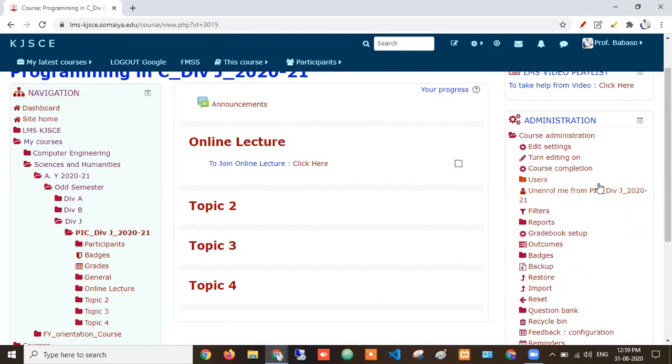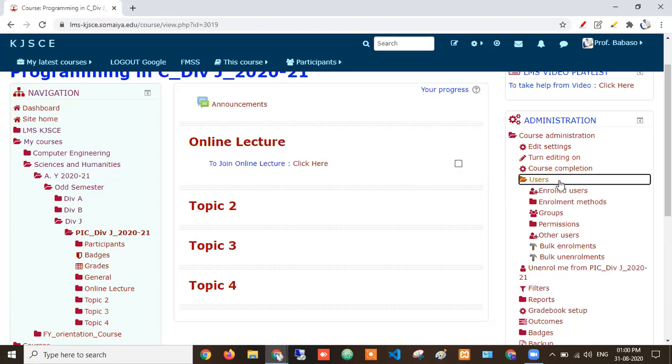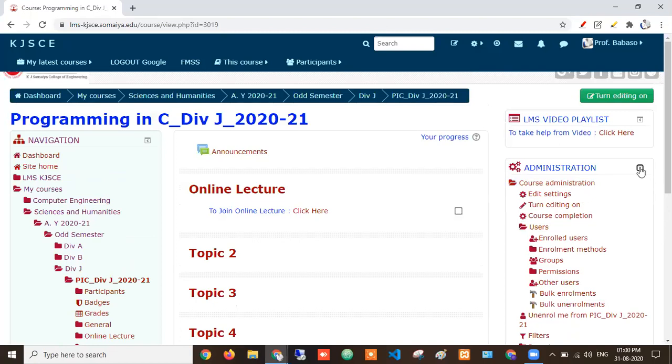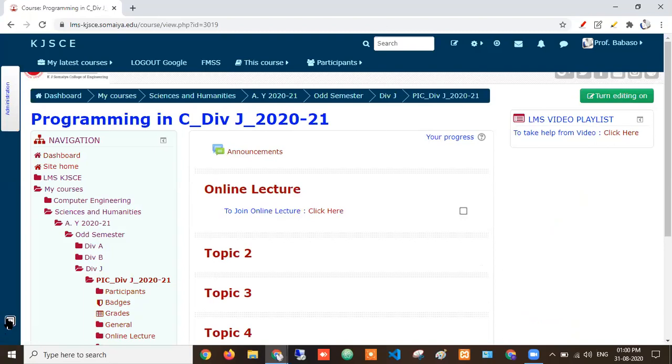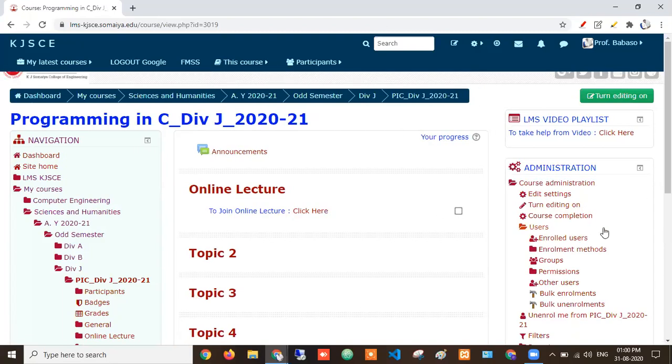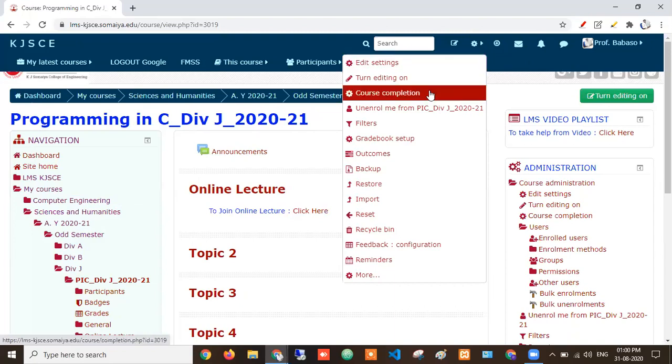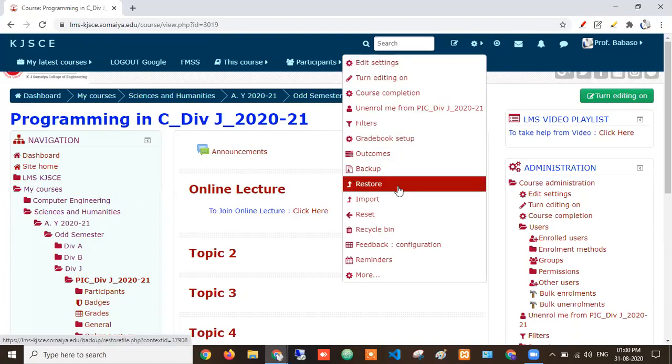Ma'am, this does not get blocked. You can just move it over here or bring it back from here. It never gets deleted. So this is not deleted? No, never. You cannot delete this block because this is the teacher's way of giving this right. If you click here, it will go here. It will be available, and suppose you are not able to see it, again here we have an option, the same thing you can access from here also. This is a very important setting for teachers, so it is a permanent block available for teachers.